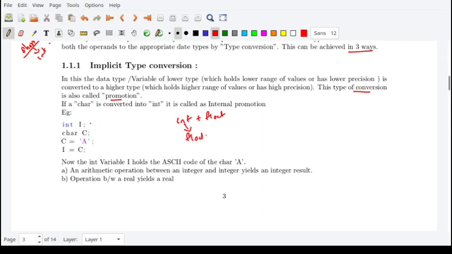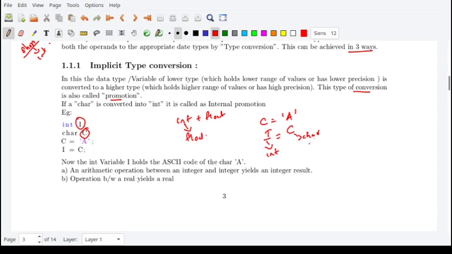Now, this is an example. You have declared int i, char c, and in c you are placing the character 'a'. Now I am assigning i equal to c. What happens? i is an integer, c is a character. Inside c, I have the value 'a', and into i I have assigned c. So c is character, i is integer.